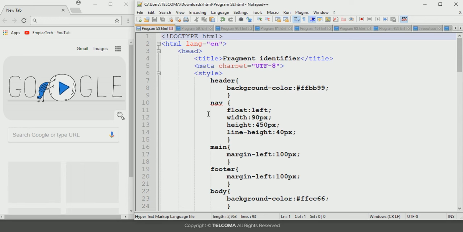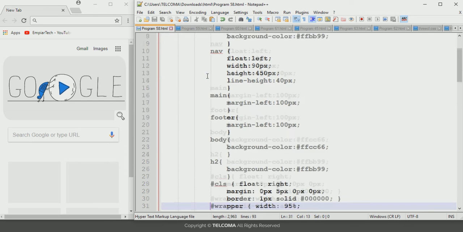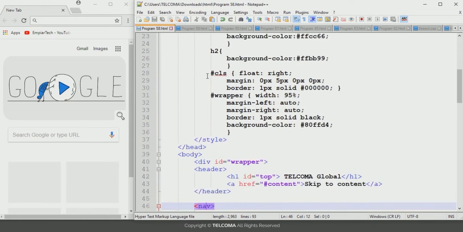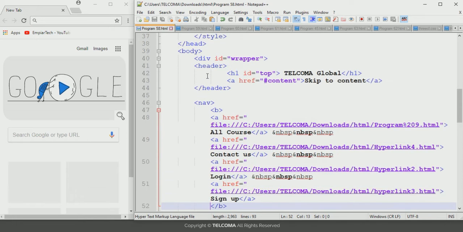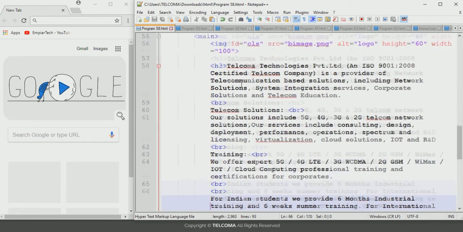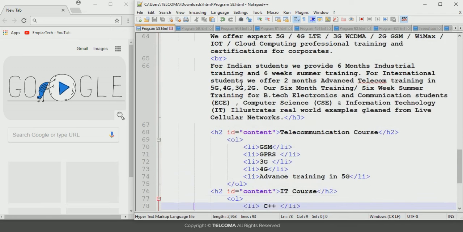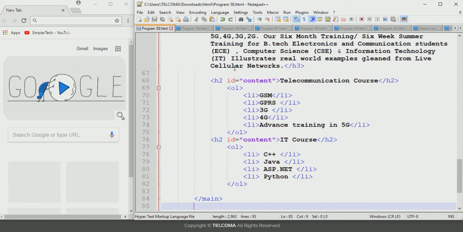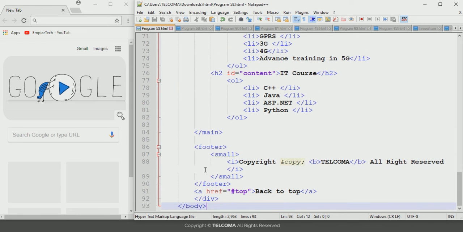We have designed this program in the previous lecture. Here we have made some changes in the body section of this program. You can see that in the head section we have made no changes. Coming to the body section, in the header section I have added some identifier and the anchor element, and in the same way, coming down, there also I have added this identifier, and in the footer section, here also I added